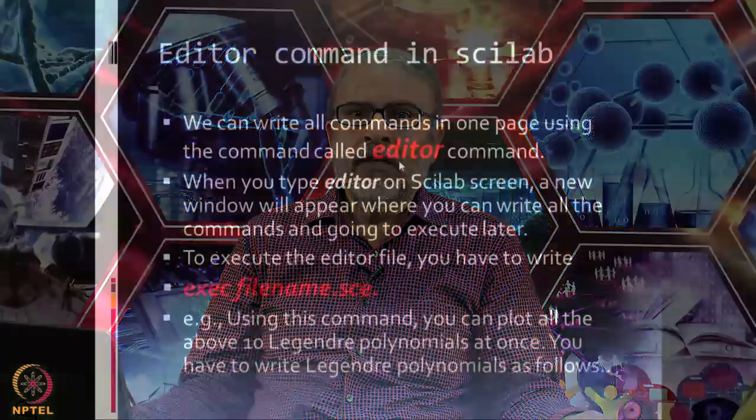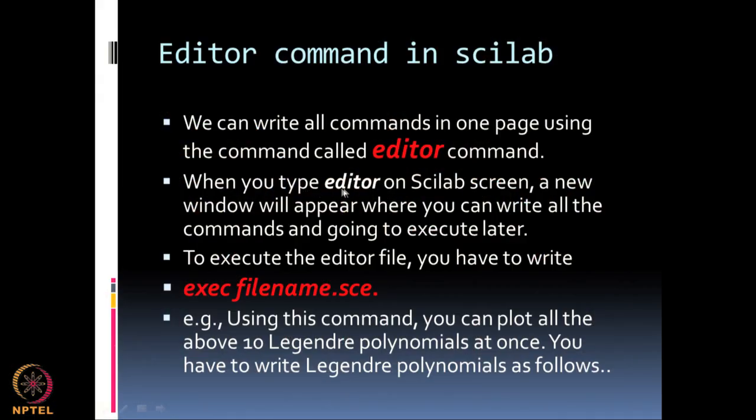So, to do that I can use a command called editor. So, the moment you type editor on a Scilab screen, a new window will appear where you can write all the commands that you are going to execute later. So, this is like now a program inside Scilab. Okay.